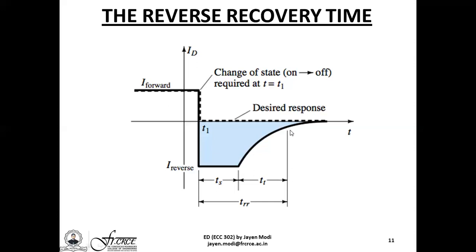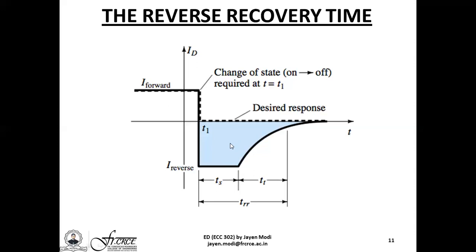It is because of the diffusion capacitance and also a bit of the transition capacitance that you have a charge storage, and this charge storage is not good in terms of the reverse recovery time. Ideally speaking, the reverse recovery time has to be zero. There should be no stored charge, and for no stored charge to occur, you should change the structure, change the construction, and also change the doping profile of the PN junction diode, which ensures that there is no accumulated charge in or around the PN junction.